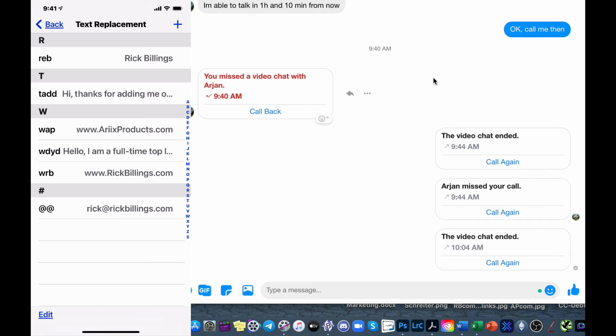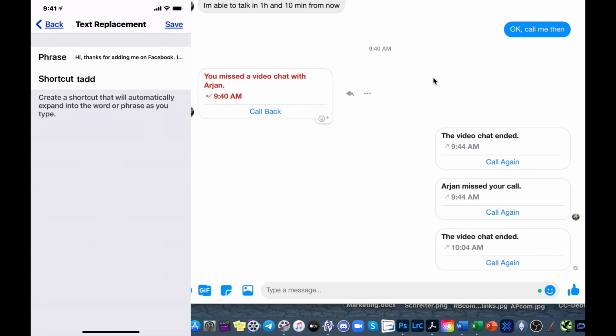You know, it's so often that we're communicating with people on Facebook. Somebody adds us as a friend. I get that all the time. And I usually send a message back that says, hi, so-and-so, thanks for adding me. It's nice to meet you. Well, I've created a little shortcut for that called